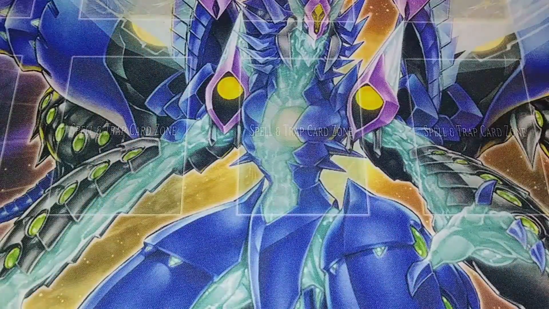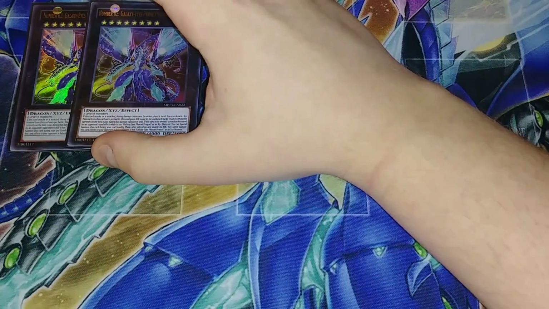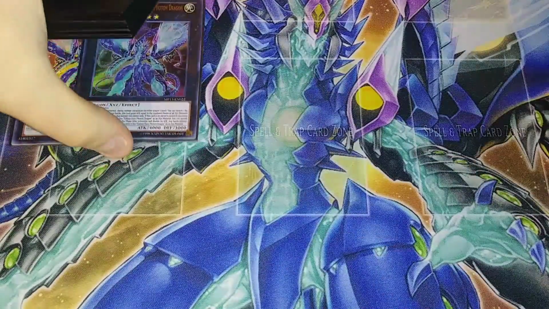So that's it for the main deck, guys. Let's get into the extra deck. So for the extra deck, I'm going to actually be playing 2 copies of Number 62: Galaxy Eyes Prime Photon Dragon. It's the big beat stick of the deck. If it's on the field,